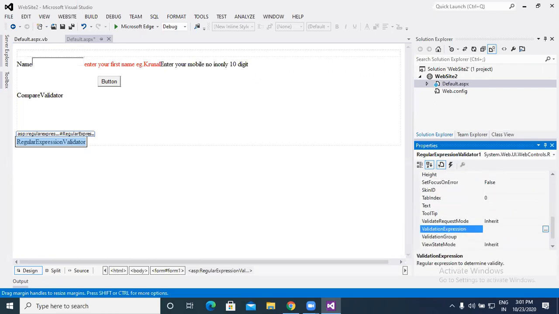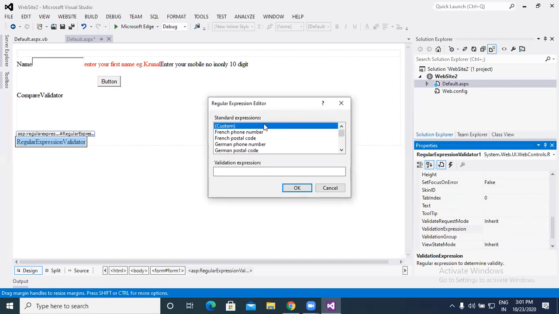Validation expression is the most important property. Here we can set which validation we want to apply. Basically customs are there. If you wish to apply a custom one, you can find the code. Suppose in India, in Gujarat, in Bilimora, our pin code is 396360, so only 6 digits are there.